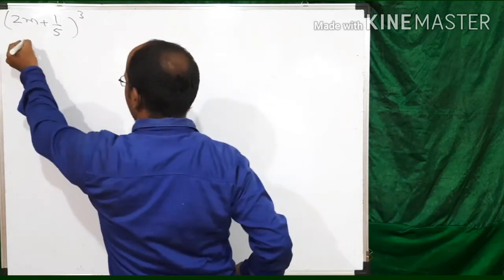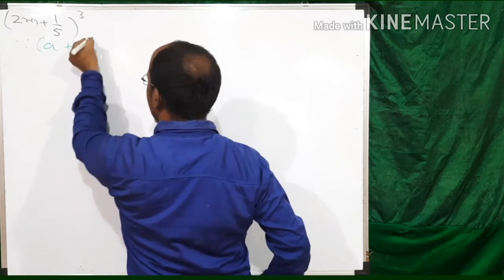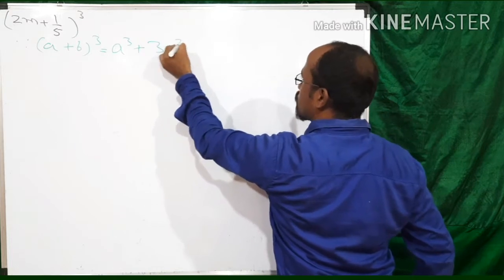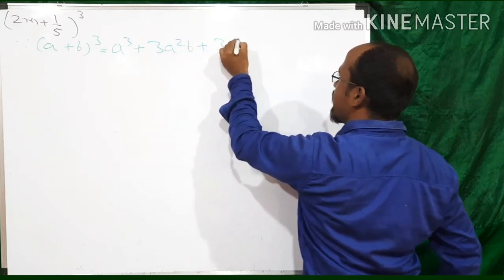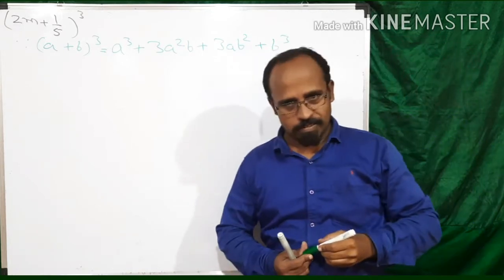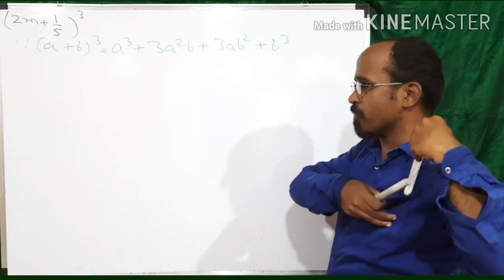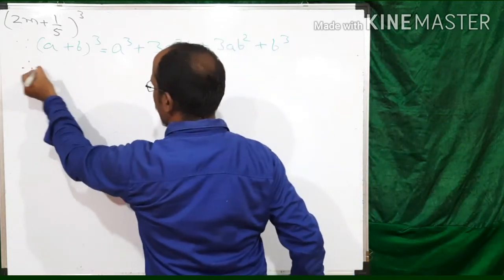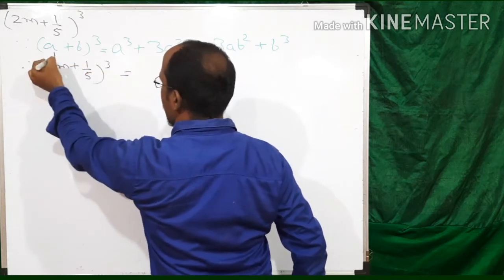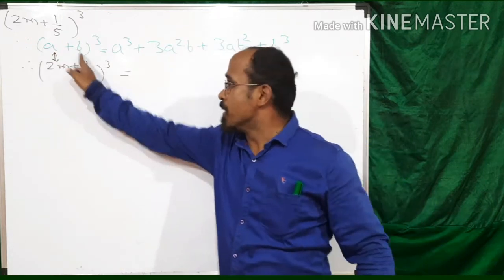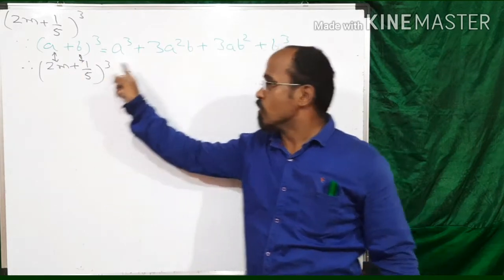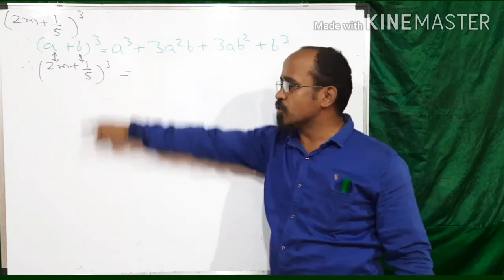Let's write the formula. (a + b)³ is equal to a³ + 3a²b + 3ab² + b³. Then (2m + 1/5)³ is equal to: a in the formula will be replaced by 2m, b in the formula will be replaced by 1/5. Numerator and denominator are separate, so we'll directly write the indices. a³ means (2m)³,